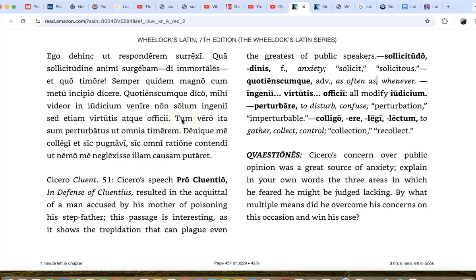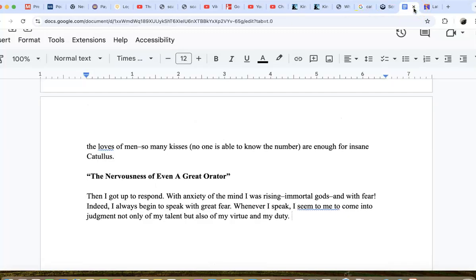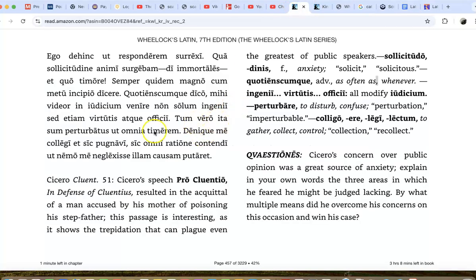Tum means then. Tum vero, then indeed, thus. Kind of how that reads there, right? So I'm going to keep that literal just for practice of this vocabulary, since these adverbs tend to be common in Latin. As noted, adverbs can be tricky to learn, needing lots of practice. So then indeed, thus. So you can see Google Grammar doesn't like the passive nature of the Latin, but as noted, we're going to keep it literal to follow the grammar. Then indeed, thus,